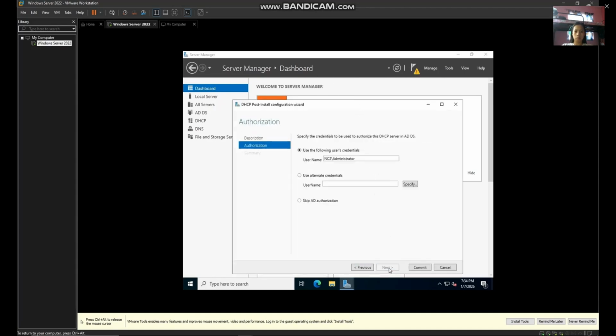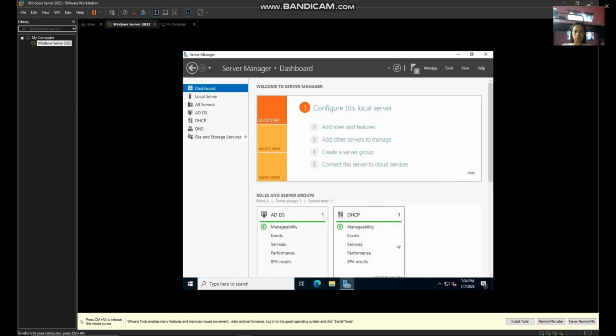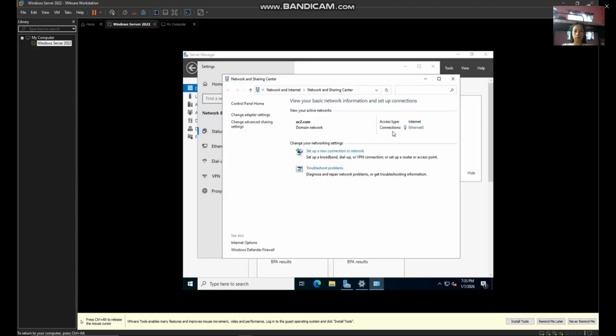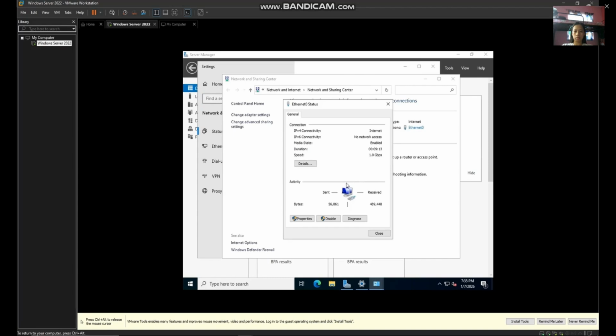So next, so commit for summary next. Then check the network and internet settings. Then look for the network and sharing center to the Ethernet.